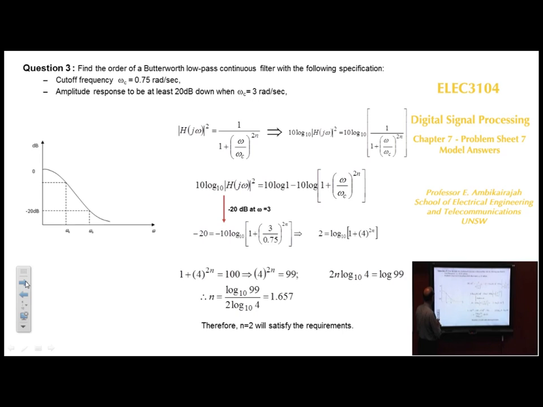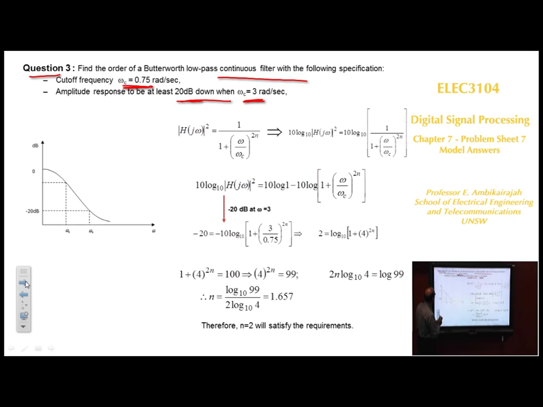We move on to the next question. Find the order of the Butterworth filter here also. Given the cutoff frequency is so much radians per second, amplitude response is 20 dB down and omega is equal to 3 radians per second. So we've been given that